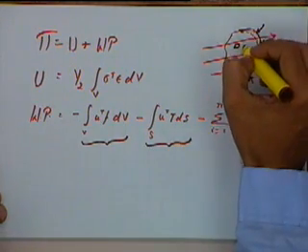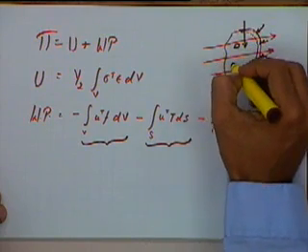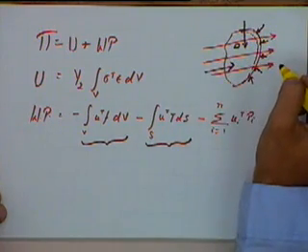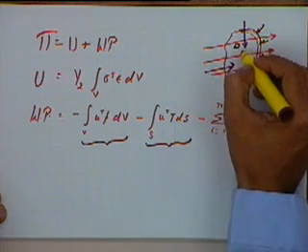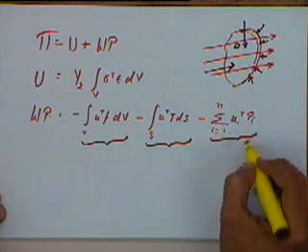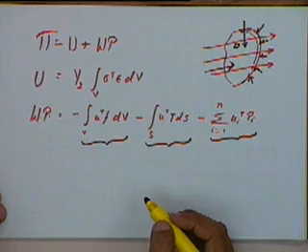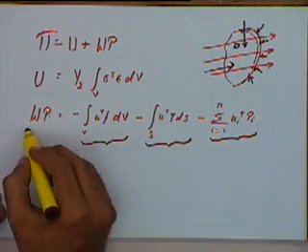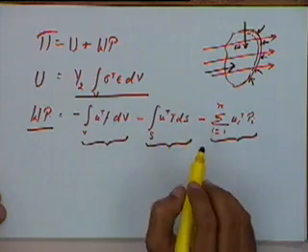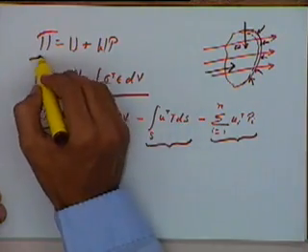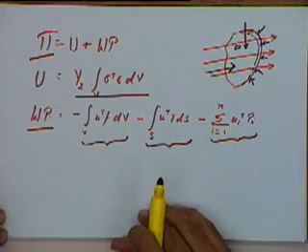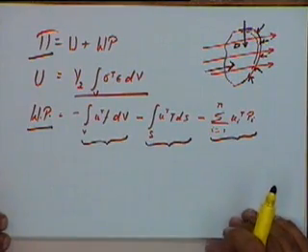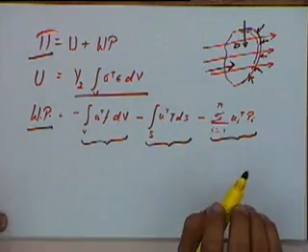And if there are some point loads, then whatever work is done against these point loads is expressed by this term. So this is the expression for the work potential, this is the expression for the strain energy, and the potential energy is the sum of these two. Is that all right? Any question up to this point?